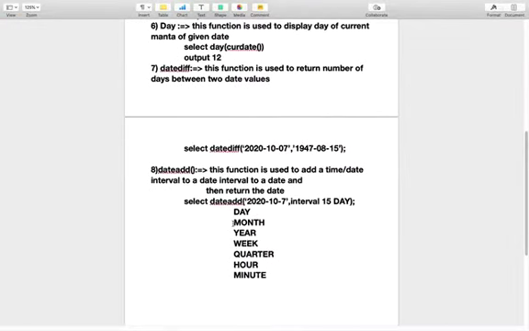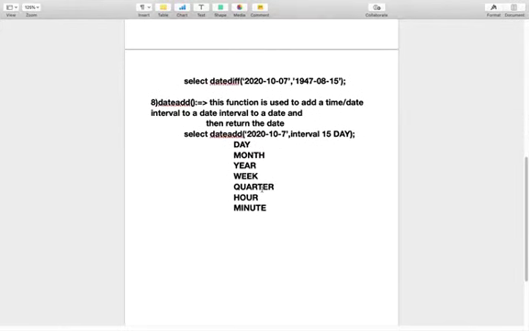Our next date function is date add. This function is used to add a time or date interval to a date. How can we do this? Select date add. This is the current date. Interval is a keyword. How many days do we want? If we write 15 days, then 15 days will be added to the current date or given date, and day is the keyword.